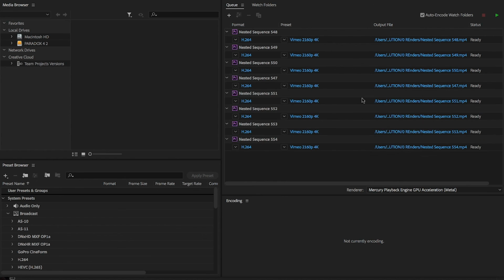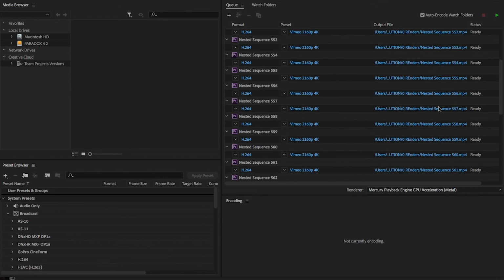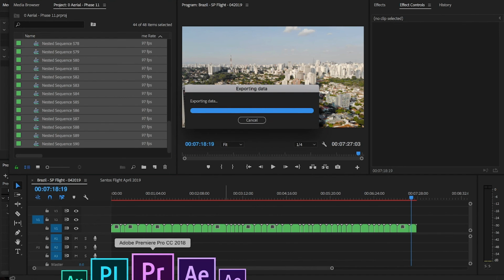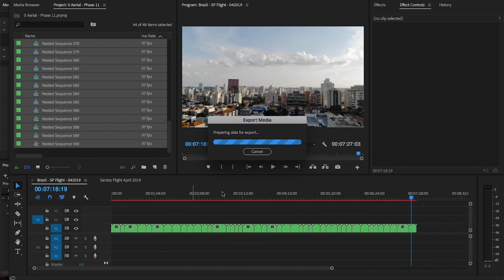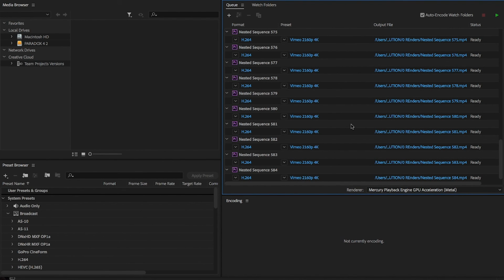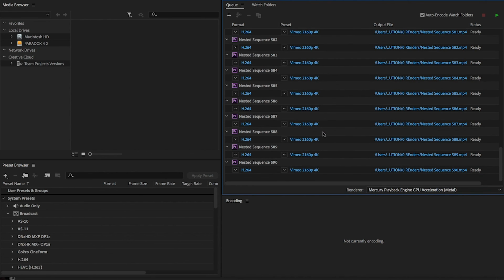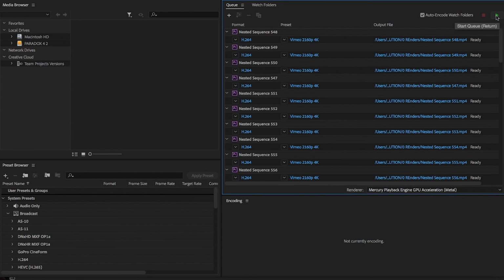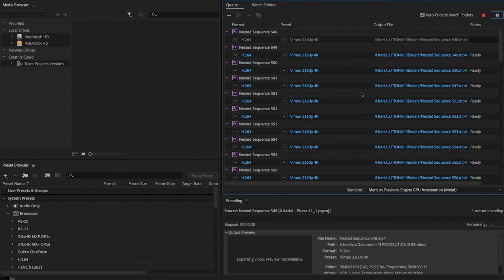So this is where the queued files come, as you can see. The files, we have 2590, so start from the start. It's still loading up, and you can see that here it's still exporting the data. Almost done here. Let's hit 5, yeah, almost done. 86, 87, 88, 89, 90. That's it. So once this is done, all you have to do is press play and it will start rendering